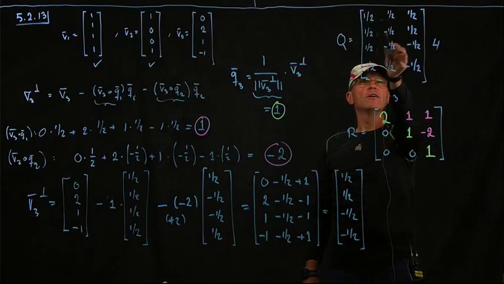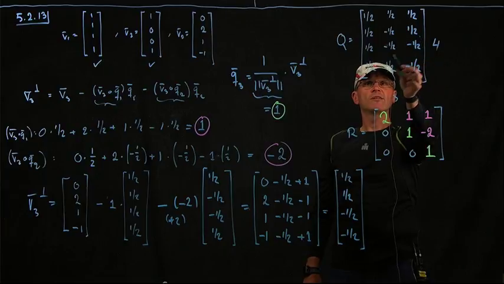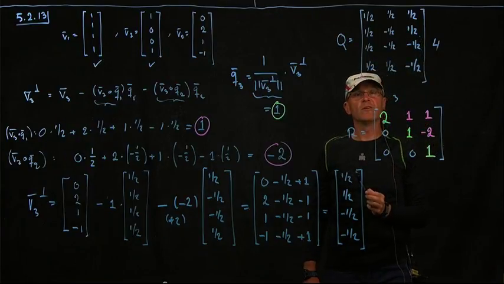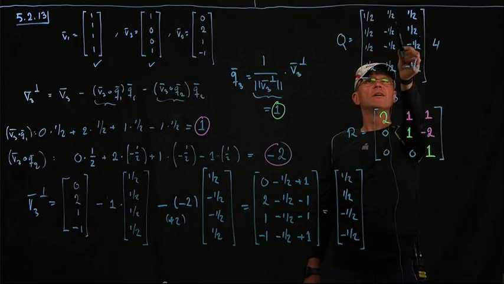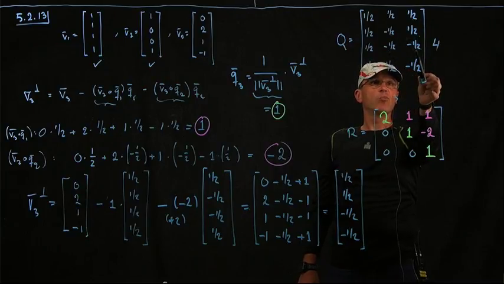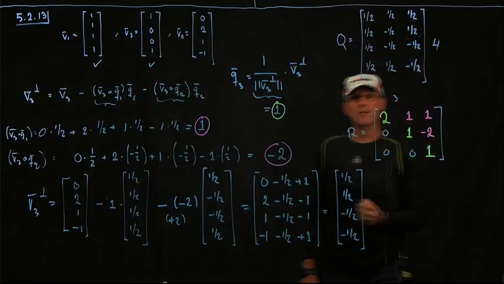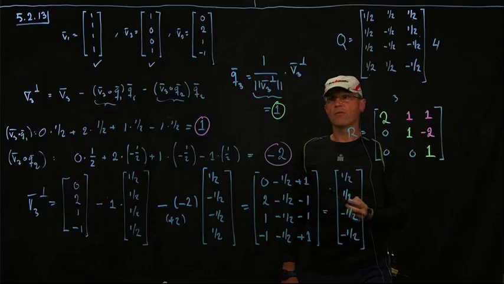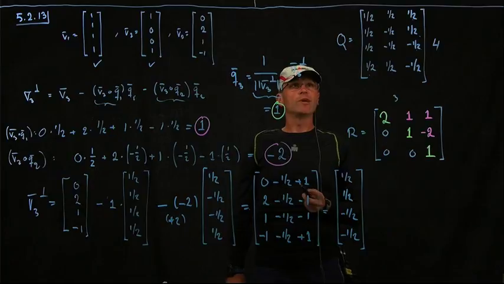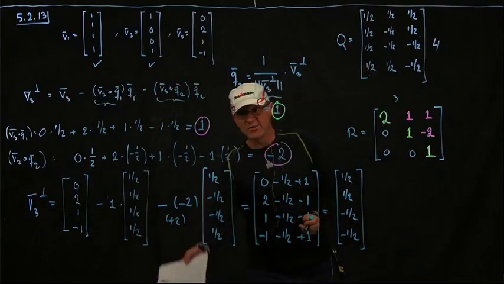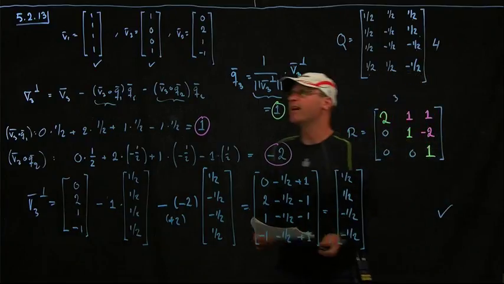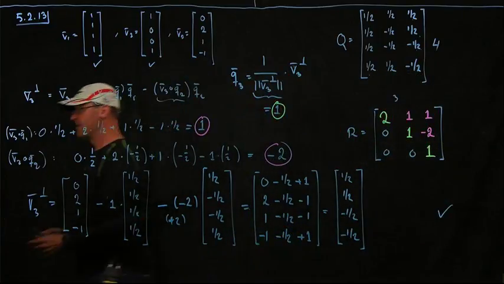First and the third, we have a plus, plus, minus, and minus. So those two are orthogonal. And for Q2 and Q3, we have a plus, a minus, a plus, and a minus, right? So we will definitely have orthogonality, right? So that's kind of a nice way to check in the end that we did the right thing. So I think we got it all right, so we're off to a good start. So that's the end of that problem.